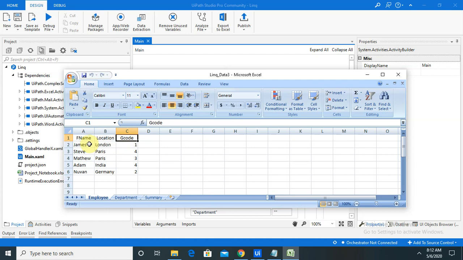As you can see, there are 5 names present in the first Excel sheet, with the location and group code. The group code, such as 1, 4, 3, 4, 2, is assigned to each individual. Here we have taken only 5 employees.